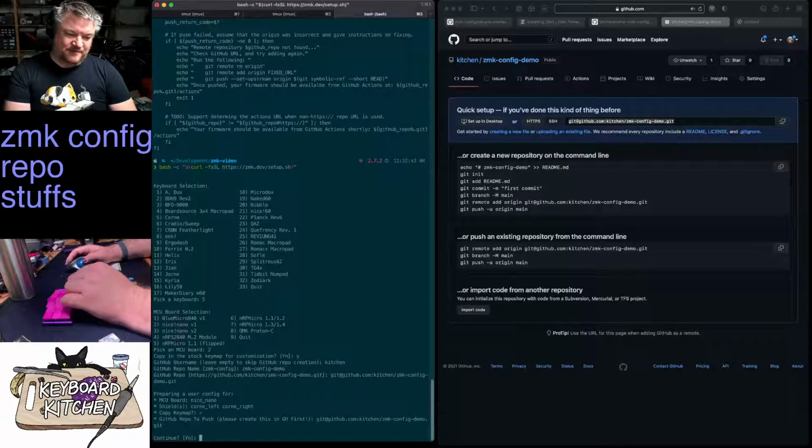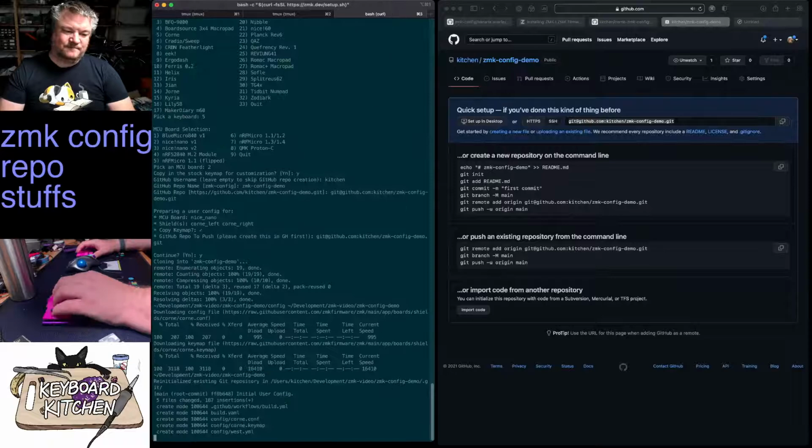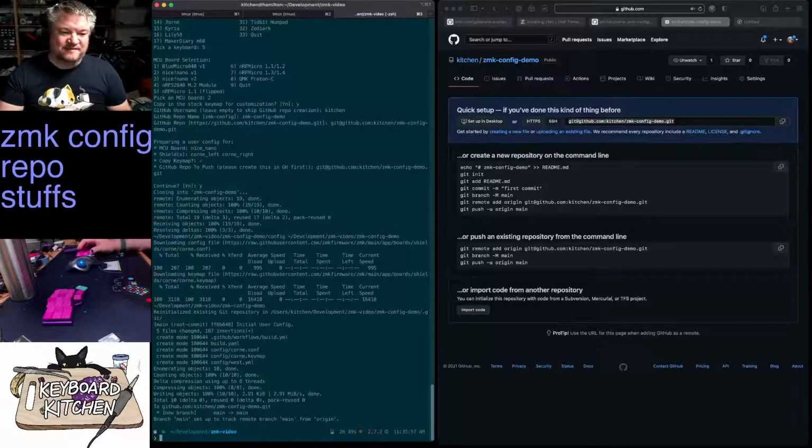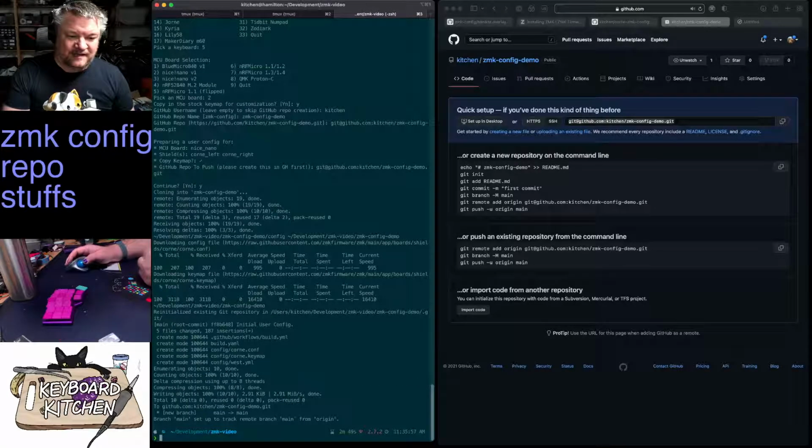Okay, it's MCU board is nice!nano, shield is corne left, corne right. Copy the keymap, yes, and then GitHub repo to push: git@github.com, kitchen, ZMK, blah. Continue, yes. So what it does is it goes and clones a